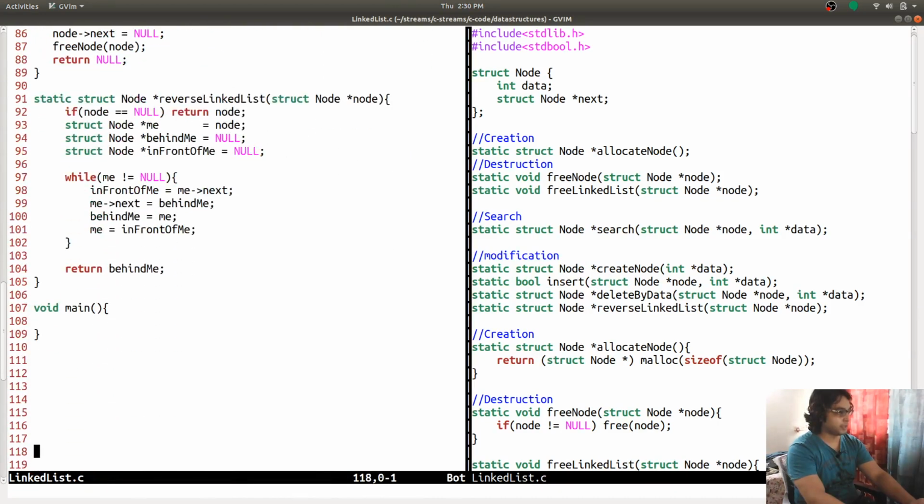So I have written out the functions, and I will start creating our first node.